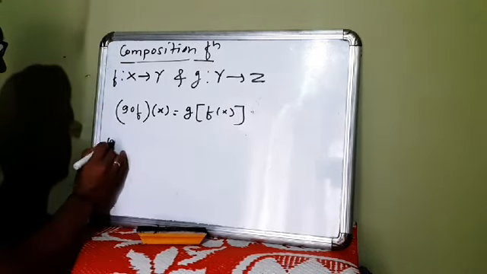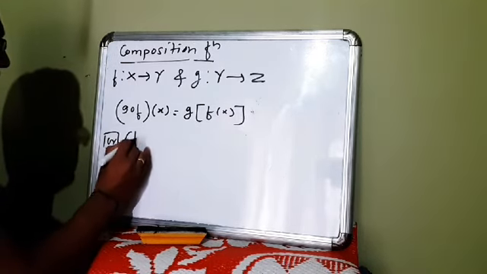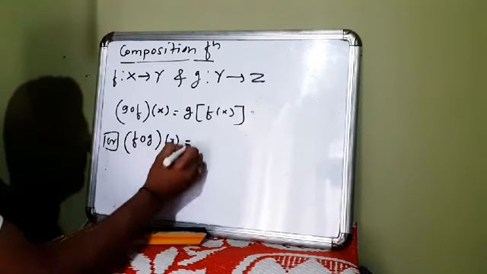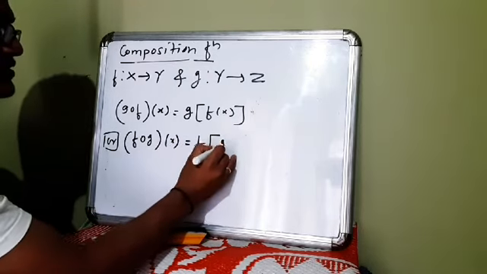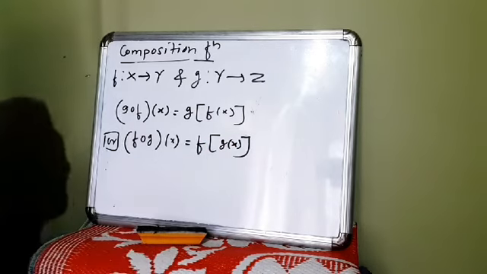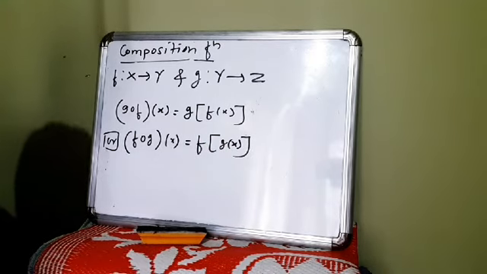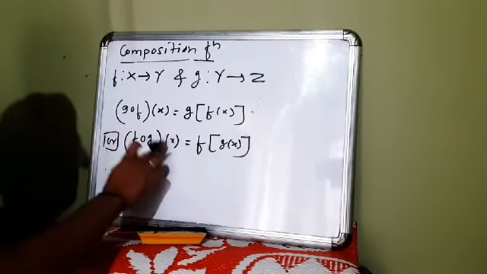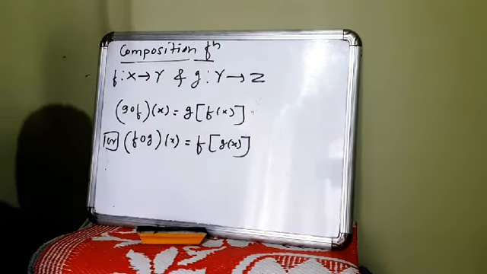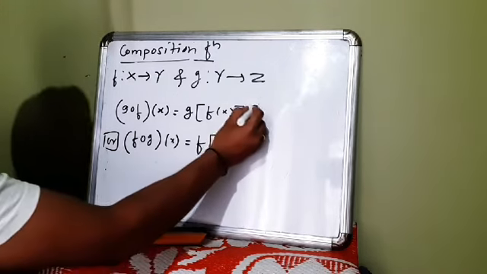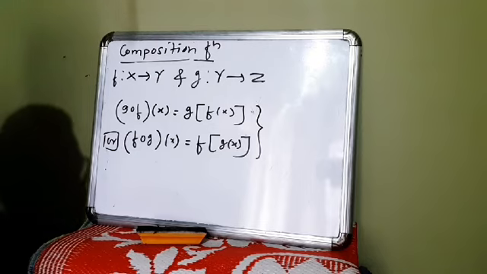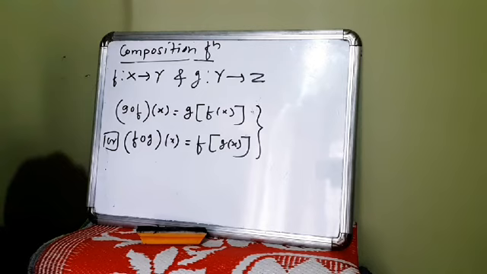Similarly, you may write it like this also: if it is f composition g of x, then we can write f of g of x. Whatever element is there, you have to keep that element. If it is y, then you keep f of g of y. So you have to remember this definition. Based on this definition, we have to simplify the problems. Pause the video to note it down.